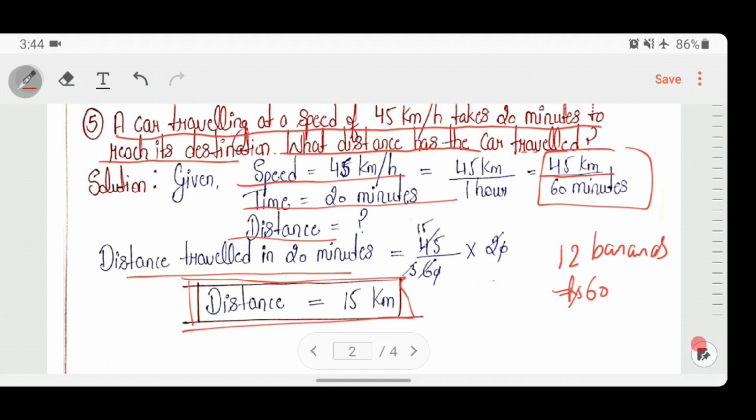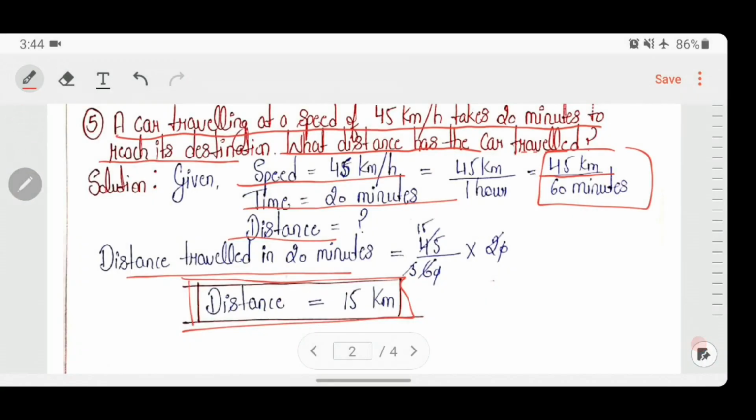So what you do simply is divide the price by the quantity. And if I told you to find out the price of 6 bananas, then after dividing the price of the bananas by the quantity of bananas, you have to multiply it by the number of bananas whose price you have to find out. So simply you can find out the price of 6 bananas. We do the same thing here.